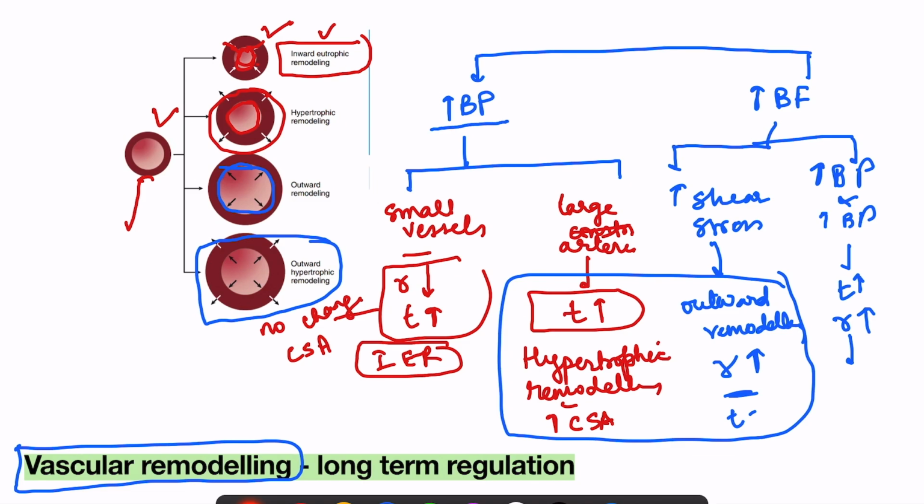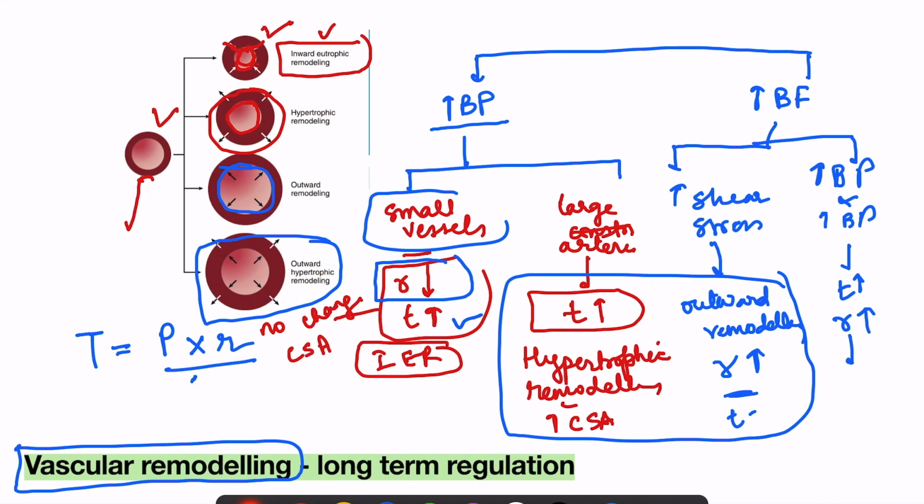Increase in blood pressure, small vessels constrict in response to that. Constrict in response means there is decrease in the diameter. So for remodeling, there is decrease in the radius, but because BP is increasing, thickness should increase. That is coming from the Laplace law. Laplace law says T is equal to P into radius divided by the thickness. So if P increases, thickness should also increase so that the tension doesn't change. Okay, understanding? So that is why when BP increases, thickness is increasing.